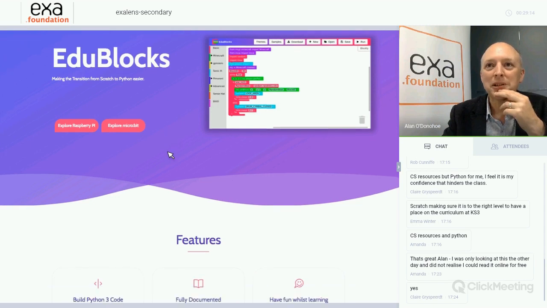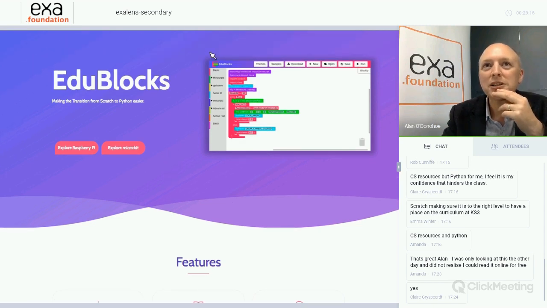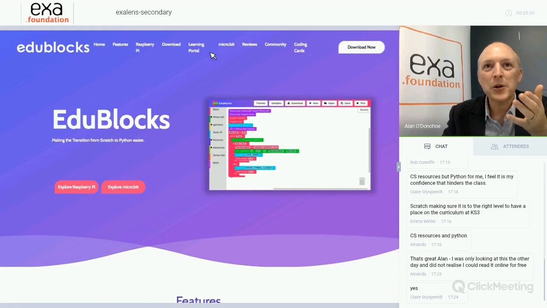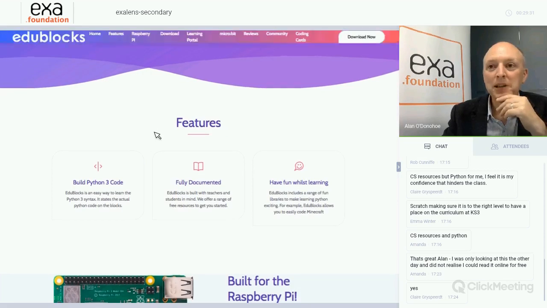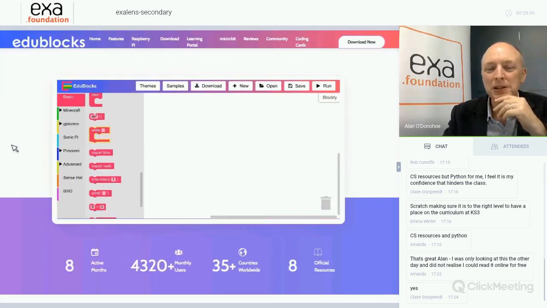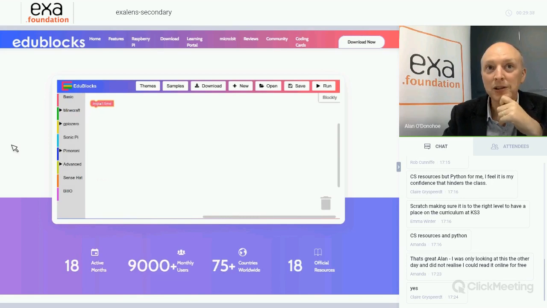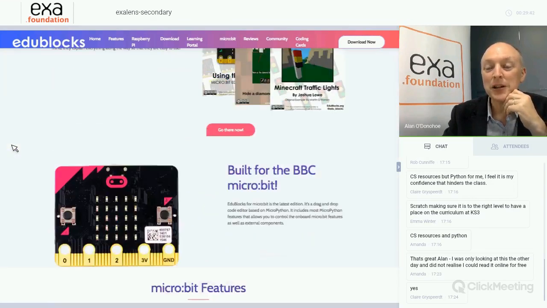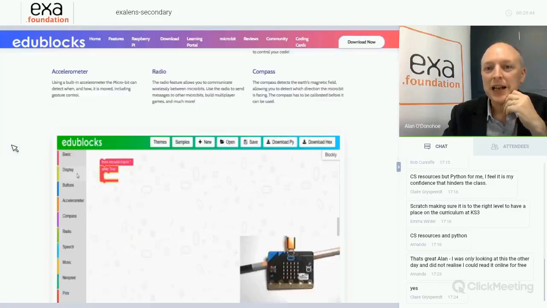Not only has he done that, but he's created little tutorials. If I just move this down, this is a 14-year-old lad who may be starting GCSE computing this year when he goes into year 10. And he's written all these resources, all these coding cards. It is absolutely fantastic. He's been nominated for awards. I don't think he's actually won an award yet, because nearly all the competitions, it's girls who've been in the final as well, and people want to encourage more girls to do it. But it is absolutely fantastic.